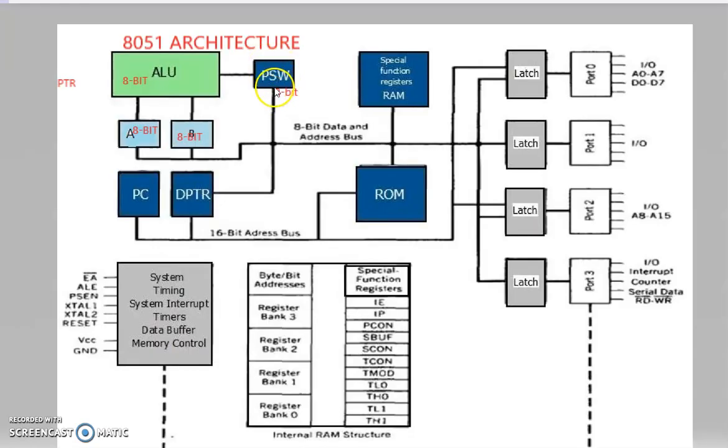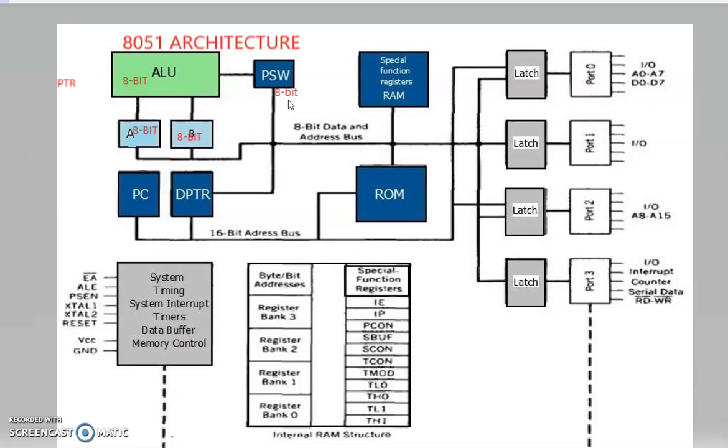So the next register is the PSW register, that is, the program status word. The program status word is an 8-bit register. It is also called the flag register, as it mainly contains the status flags. Whenever an ALU operation is done, the result of the ALU operation gets stored in register A. At the same time, the status of the result is updated in the PSW register. The status is indicated by different flags. It is an 8-bit register, so each bit indicates a different flag, that means carry flag, auxiliary carry, parity flag, etc.